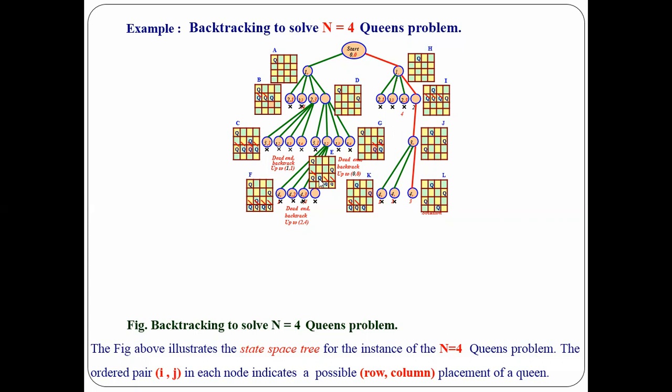And for the last, if you have one of the more solutions, you have your Q at the last, lowermost horizontal line. You have only one option where you can keep a queen. And in that case, you have to find out whether that is feasible or not. So you have to go on finding out all the alternatives. Otherwise, you have to move back. If we see the F square here, when we see the location of the queens at the horizontal part, which one is feasible? There is no one feasible.